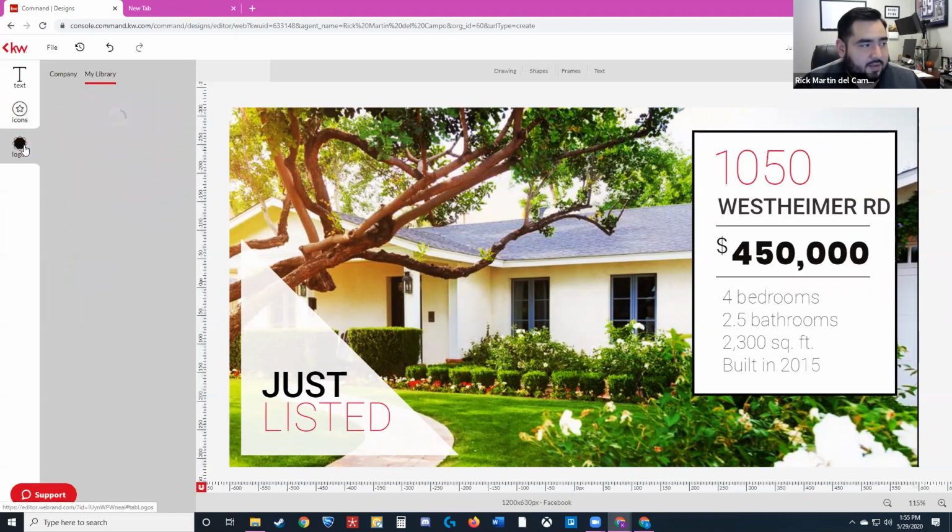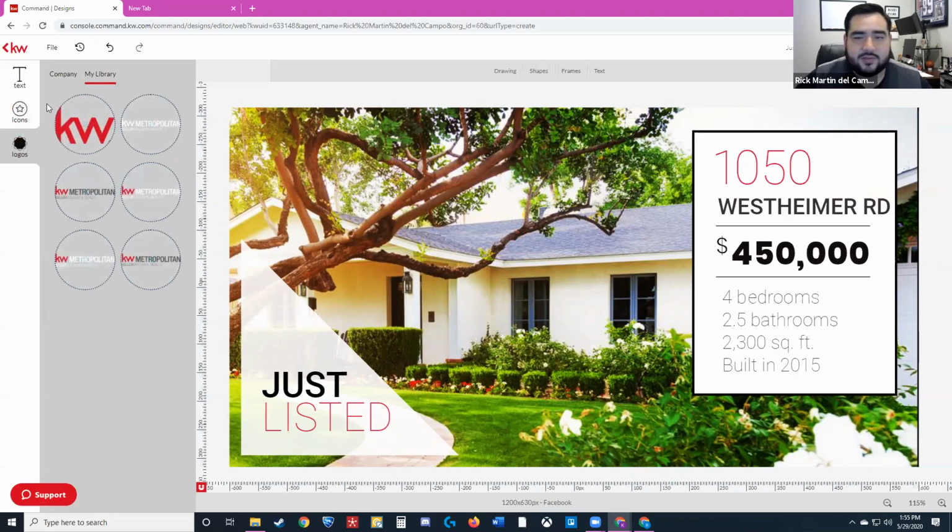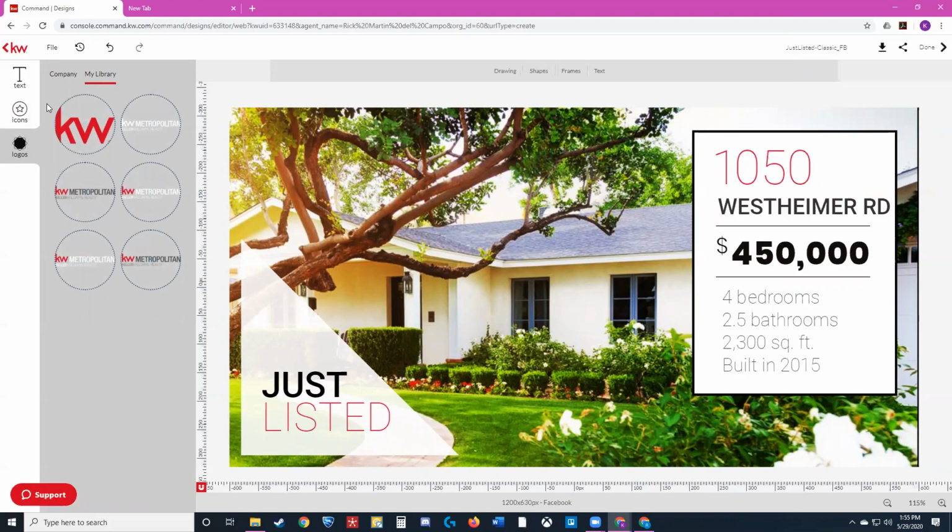And then the logos tab. The logos tab is going to be where you have your